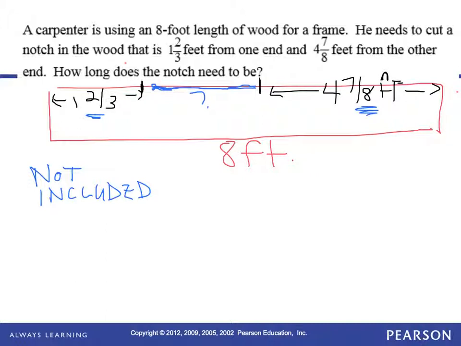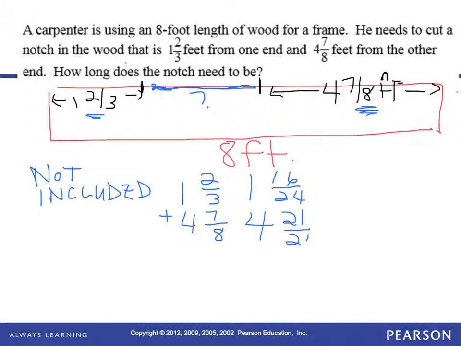Well, there's 2 pieces, so together you'd add those up to figure out what's not included. So that would be 1 2/3 plus 4 7/8. So we need a common denominator here. So that would be 1 and 16/24. 3 times 8 is 24. So that'll be a common denominator that we can use. 4 and 21/24. Okay, so really we're going to work this problem now. We've got a common denominator. So we have 5 and